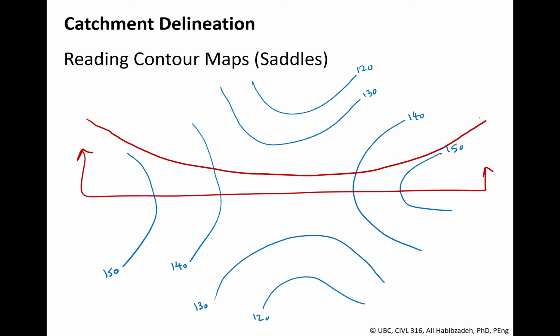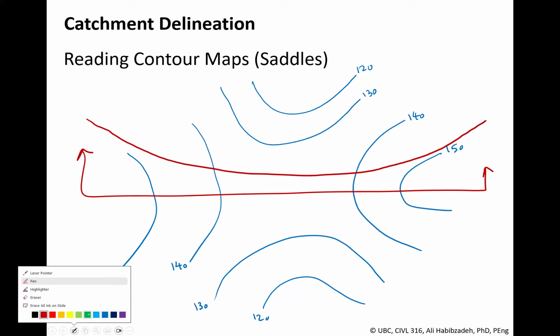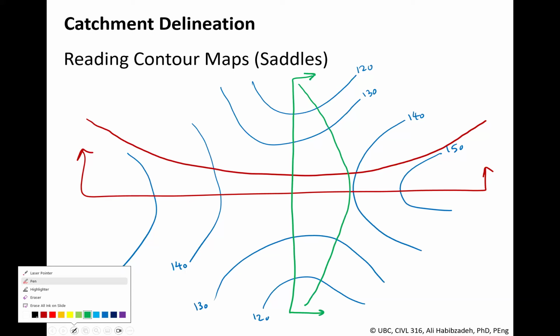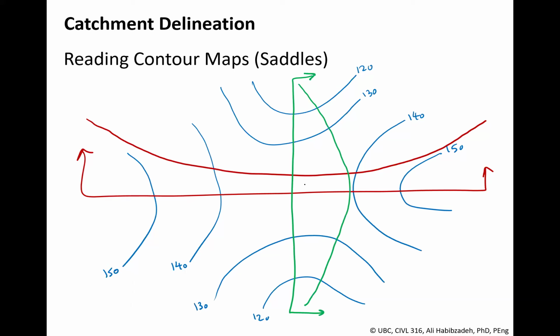See, it's higher on the sides and lower in the middle. Just look at the contour values, right? And if we cut another section, a vertical one, like this, and look at this section, the opposite actually will happen. So we'll have lower on the sides and higher in the middle, something like that, right? In other words, right in the middle, this point in the middle intersection of these cross sections, we have a